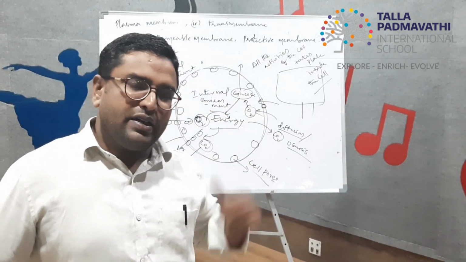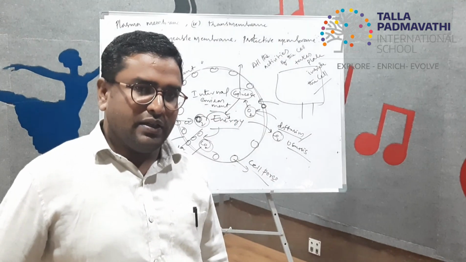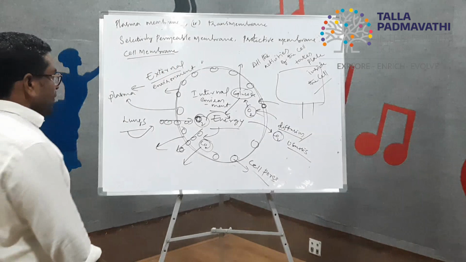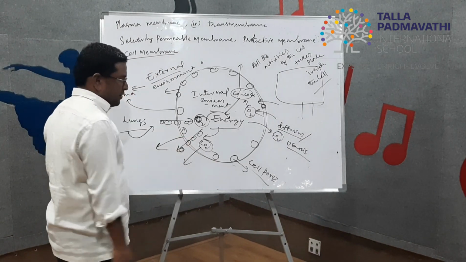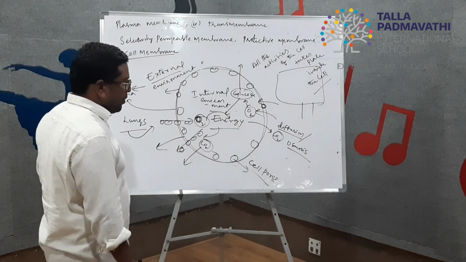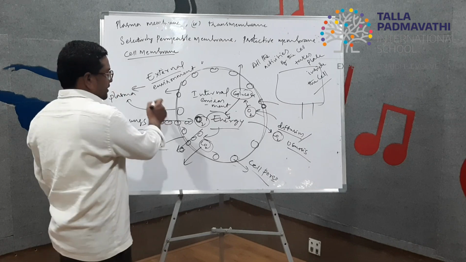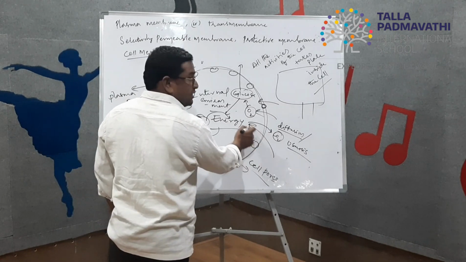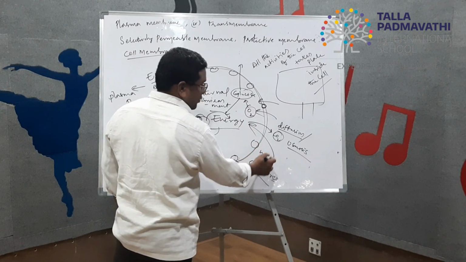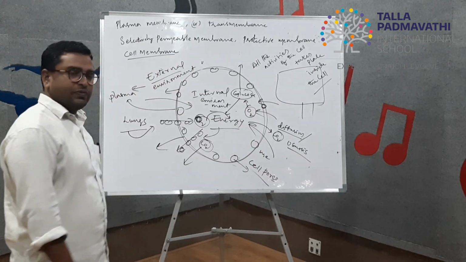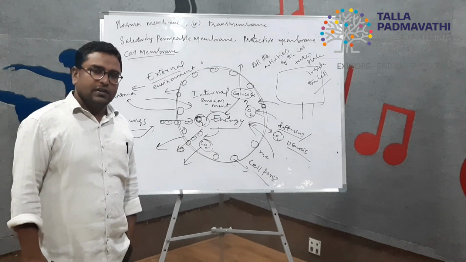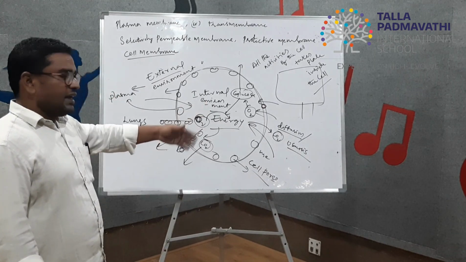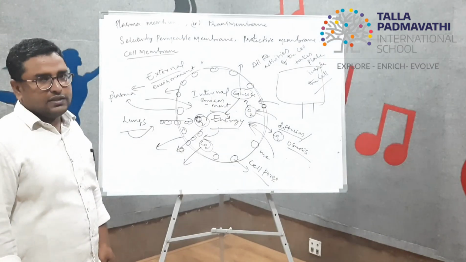The thin membrane is called the plasma membrane. Upon the surface of that thin membrane, what you will find? The cell pores are formed. These cell pores are involved in the exchange of gases, the exchange of useful substances and the removal of waste substances. It means cell pores are involved in the exit and the entry of the substances.